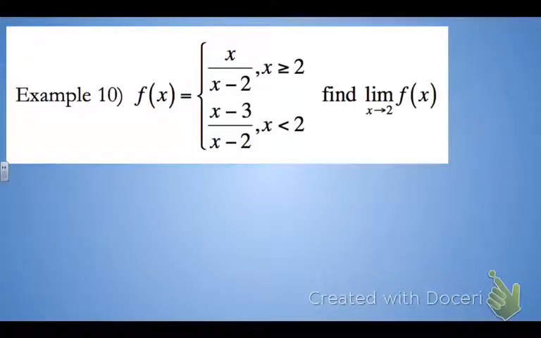Yesterday, my third period left off on this slide, and my fifth period finished this slide. So if you're in fifth period, skip ahead to the next problem. But for my third period, this is another piecewise function, and we evaluate piecewise functions by looking at the limit